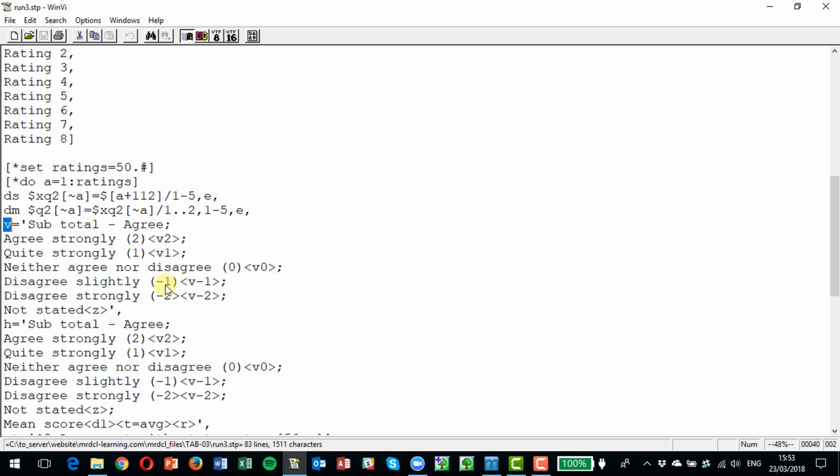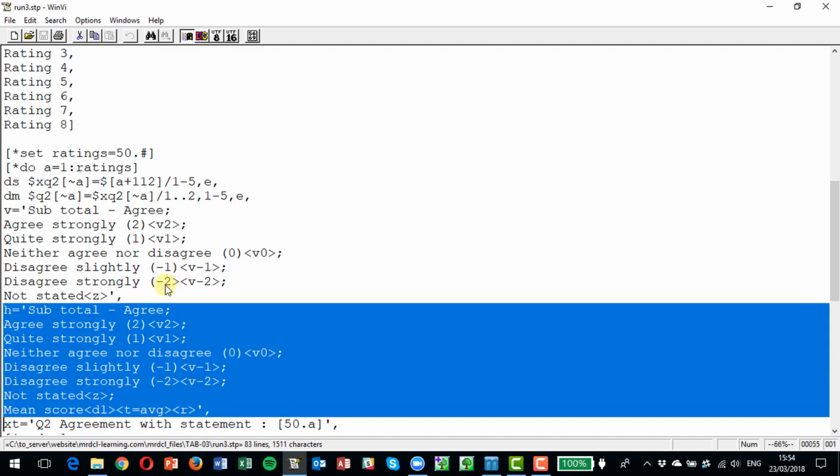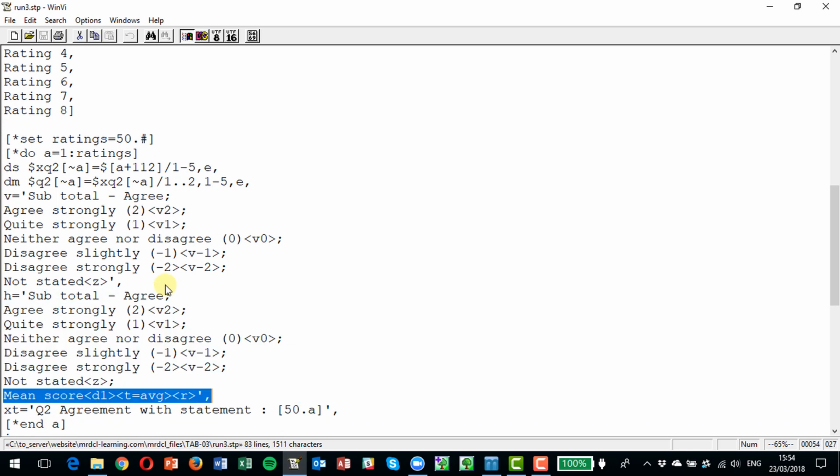So before we saw the labels for Q2A through to H, and you may have noticed, although I didn't mention it, that we had vertical labels set there. When we come to the horizontal labels, I've got a separate label set. Now you'll notice the last one here is an extra row in there, which almost breaks the rules of MRDCL. It really should have 6 labels there, plus not stated, for the 6 responses, so 7 in total. But actually we've got an 8th one here, mean score,